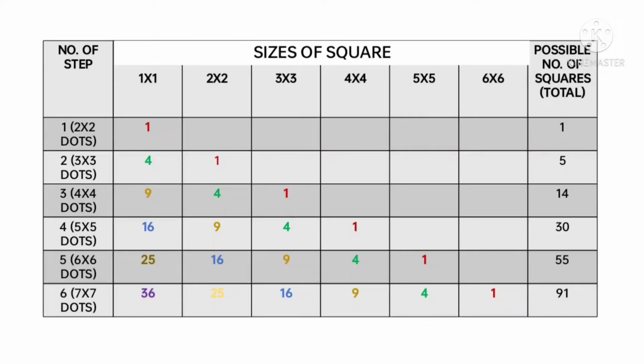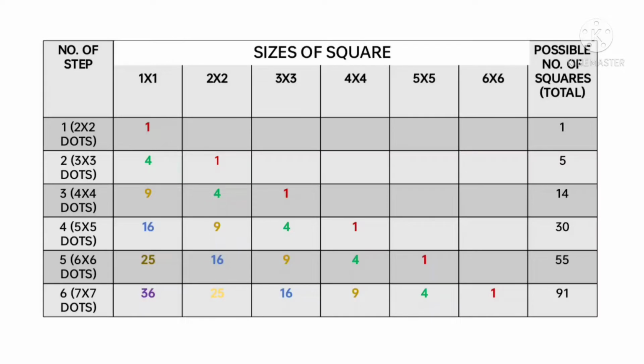Sa step 5, 6 by 6 dots, may 25 tayo sa 1 by 1, 16 tayo sa 2 by 2, 9 sa 3 by 3, 4 sa 4 by 4, 1 sa 5 by 5. A total of 55 squares. Then lastly, sa step 6, 7 by 7 dots, may 36 tayo sa 1 by 1, may 25 tayo sa 2 by 2, may 16 tayo sa 3 by 3, may 9 tayo sa 4 by 4, may 4 tayo sa 5 by 5, and may 1 tayo sa 6 by 6. A total of 91